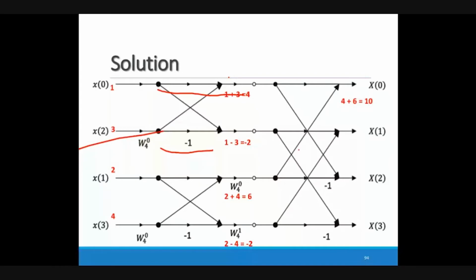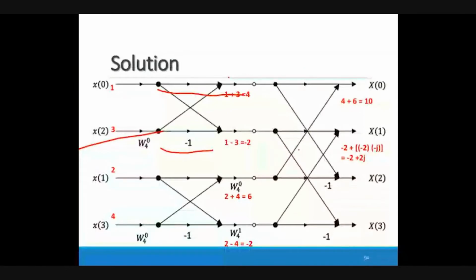So when you are multiplying it with omega 4 raised to 1, what is the value of omega 4 raised to 1? We have calculated minus j. So now you are getting here minus 2, that is directly coming from the second line, and from the last line you are getting minus 2 into minus j, because that value is multiplied with the twiddle factor omega 4 1. So after simplification, our answer is minus 2 plus 2j for x of 1.